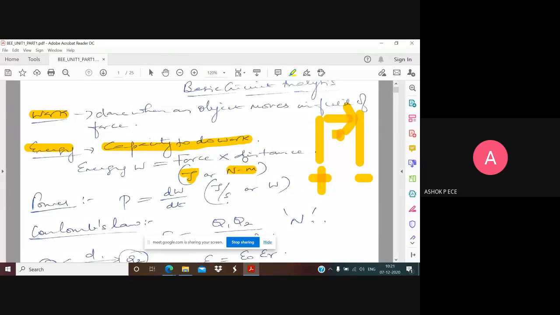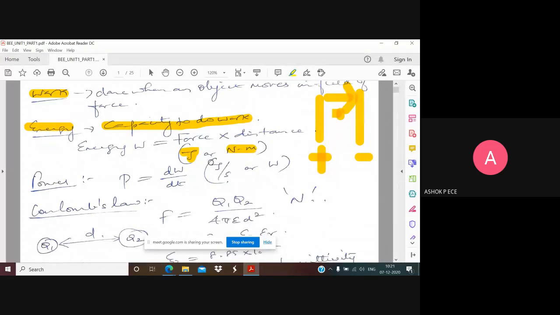For force, it is Newton. For distance, it is meter. So joules is also equivalently Newton meters. But joule is the very predominant term which we relate with energy because we are going to credit the scientist who invented this. So we are going to give the credit for joule for being the unit of energy.